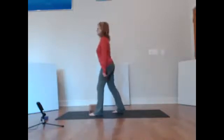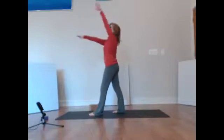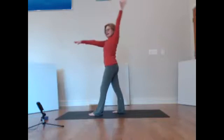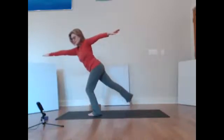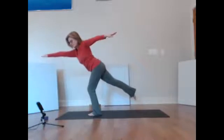Take the left foot forward, arms up, over the top, arc and under. Over the top and under. Swing it up, under, swing it up, stay, bend at the front ankle, pour that weight, take the back foot off, come back,